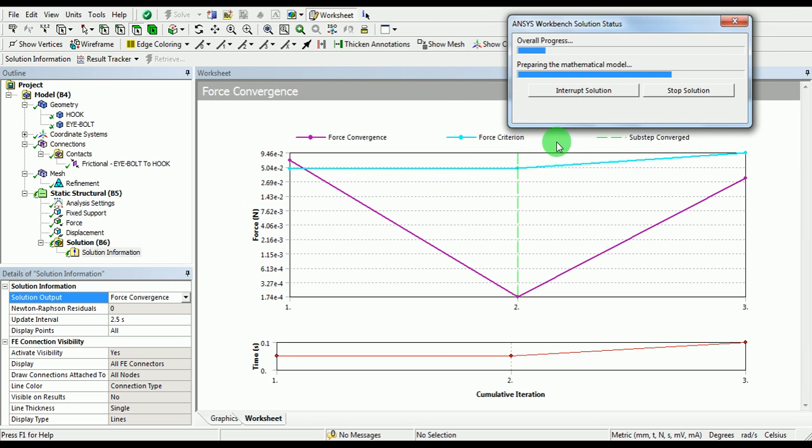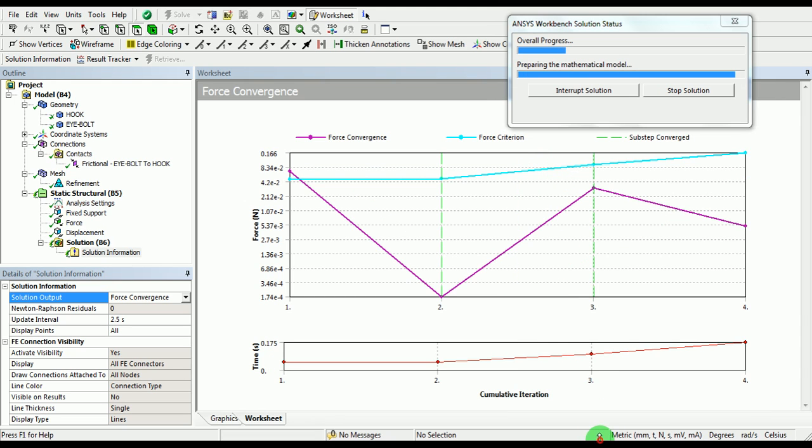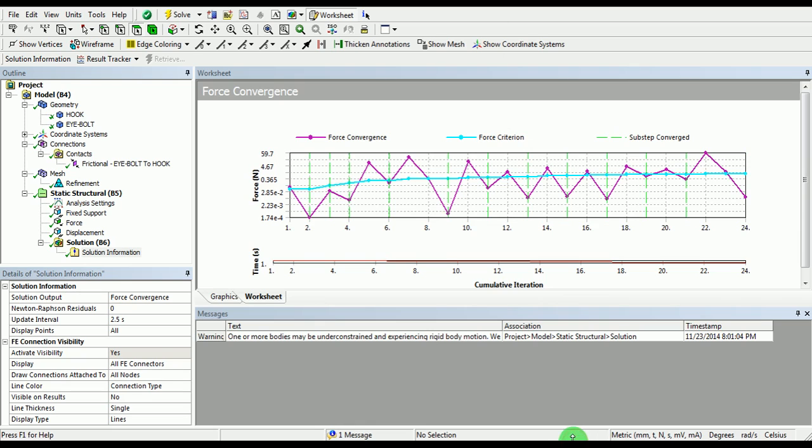This will take a few minutes. It can be observed from the convergence plot that the problem has completely converged and there are no error messages under the messages window.